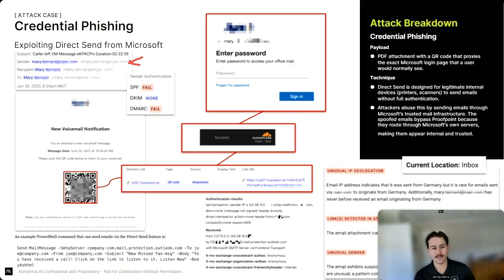Oftentimes these include either a link or, what I see most frequently, a QR code to squish that user and send them through a multi-stage credential flow. If a user were to scan this, especially in mid-market organizations where there isn't quite the prevalence of corporate-issued cell phones, in a bring-your-own-device scenario, this gets that user off of a secured endpoint onto their personal device. And next thing you know,